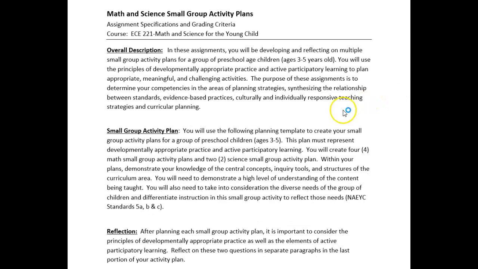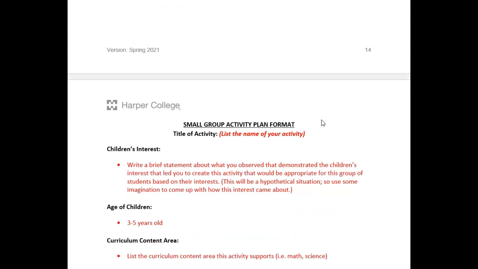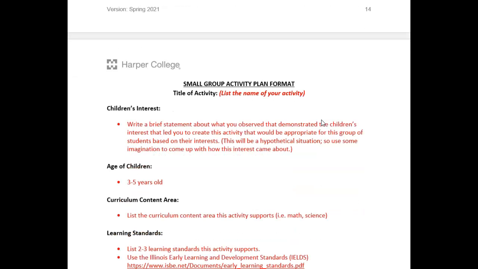You will use the following planning template to create your small group activity plans. Again, these should be designed for a group of preschool children ages 3 to 5. This plan must represent developmentally appropriate practice and reflect the 5 principles of active participatory learning. Throughout the course of the semester, you will create 4 math small group activity plans and 2 science small group